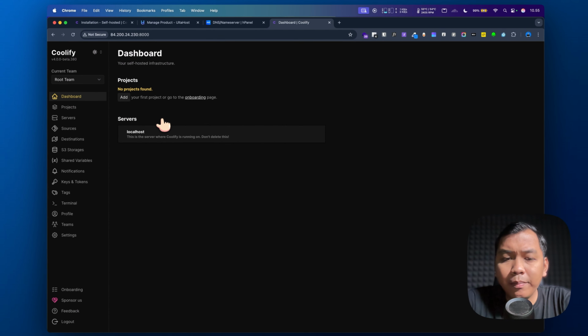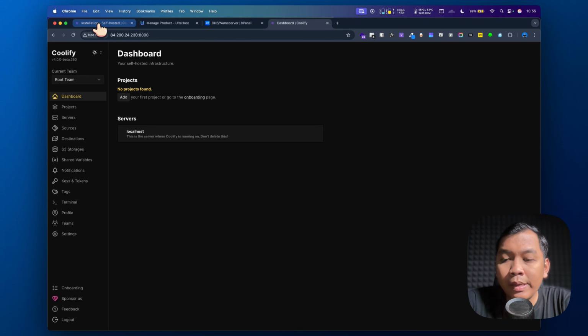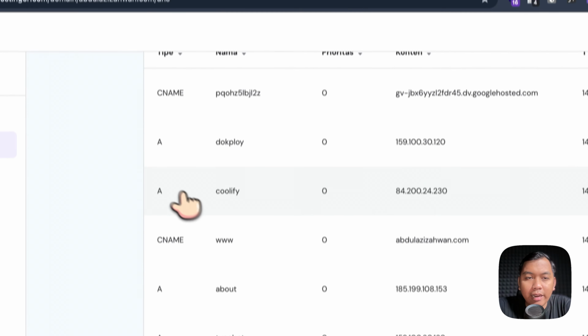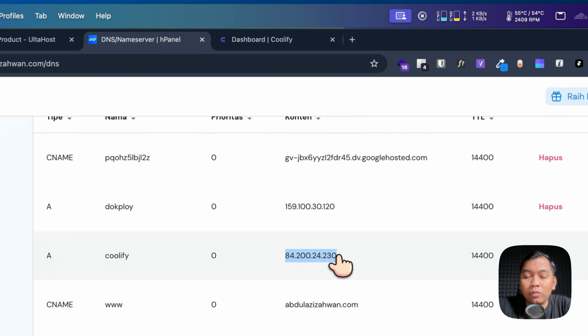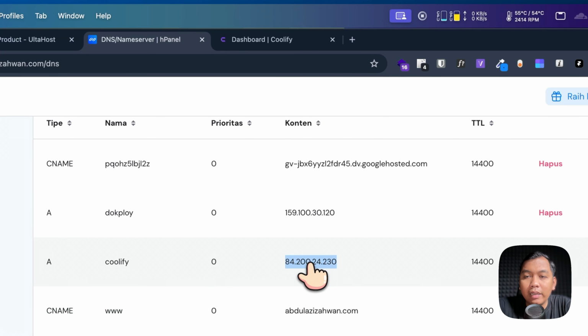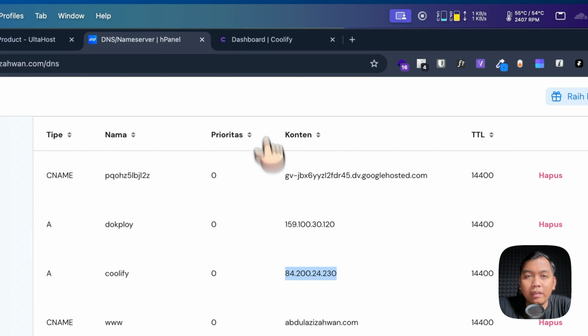Alright, so for the next step, let's see how to add a custom domain to my Coolify control panel or dashboard. First, we need to add a record in our DNS server or DNS management. As you can see here, I have added an A record, Coolify, and it goes to this IP address, and then just save.